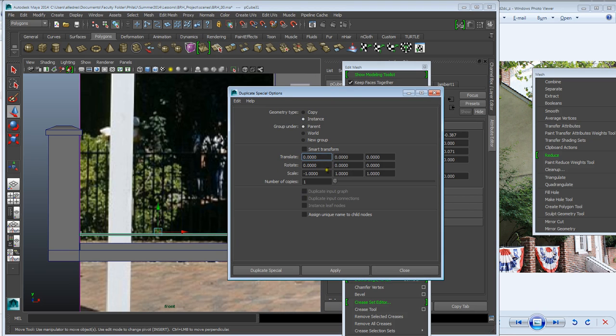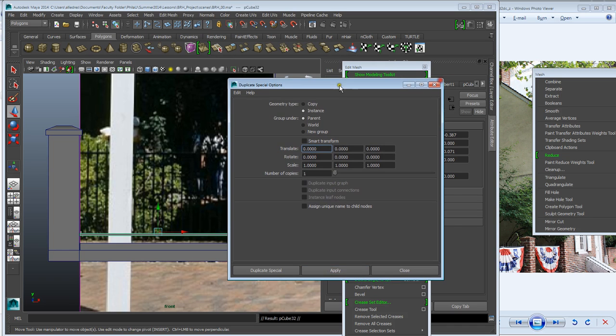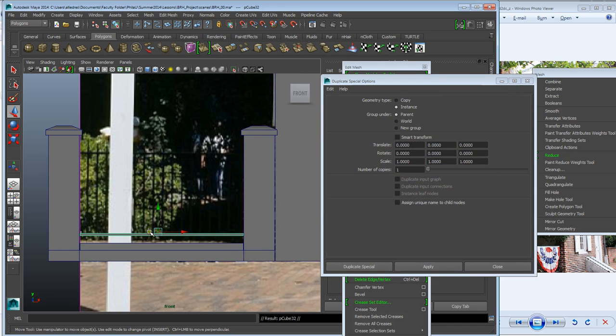Now, one thing that you want to do, because sometimes depending on what version of Maya you're working with, or if somebody was using it before, is that you're going to start with their settings, and something here might not be what you want. So always go to Edit and reset the settings so everything's where it needs to be. So have this object selected. Rather than copy, make sure you change it to instance and then apply. Now nothing seemed to have happened, but if we go here,